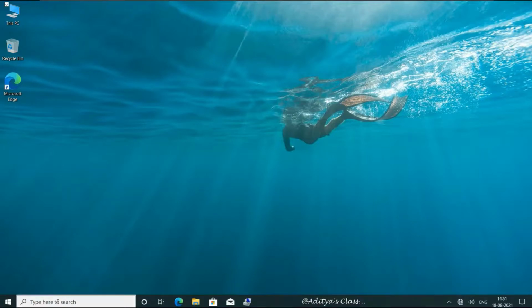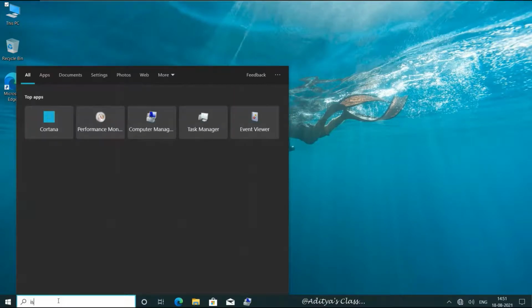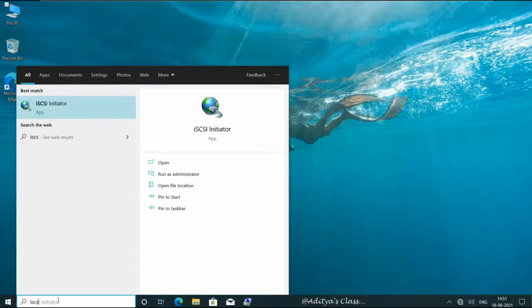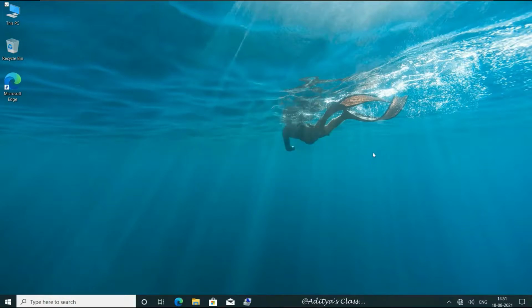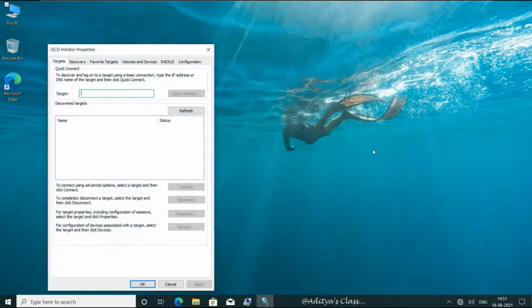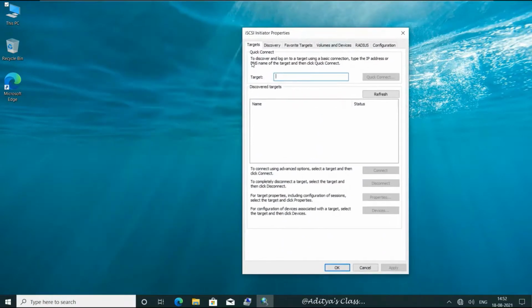Okay, let's minimize that and start the iSCSI initiator service. So if you type iSCSI, you can see we have an app built in called iSCSI initiator. We need to start the service before we configure the initiator. Now here is the window wherein we need to mention the IP address or IQN or DNS name of the target.